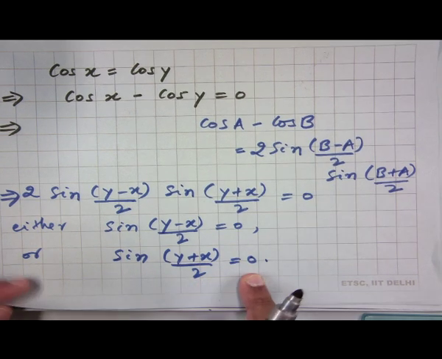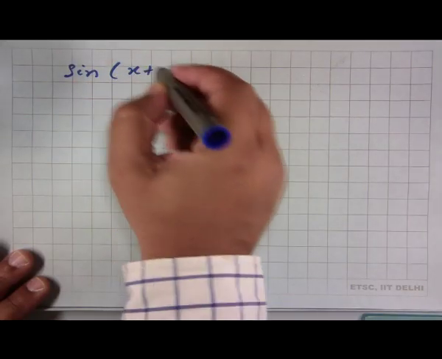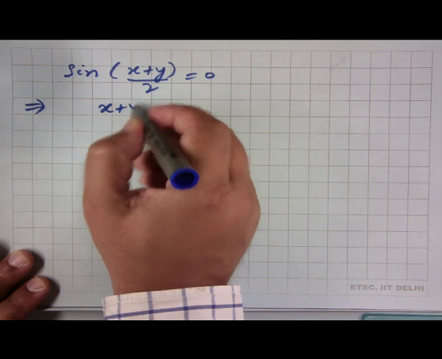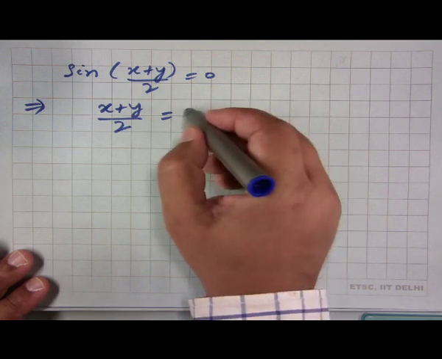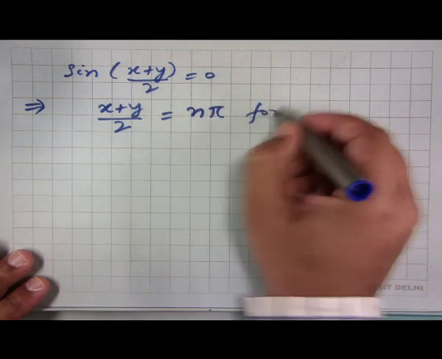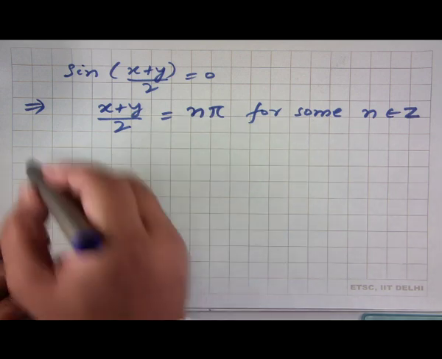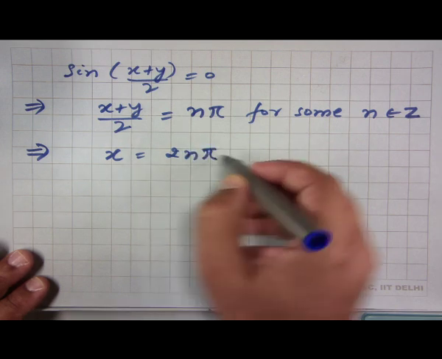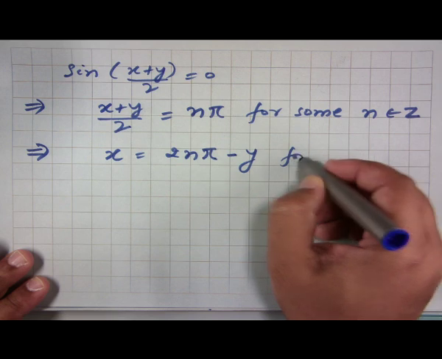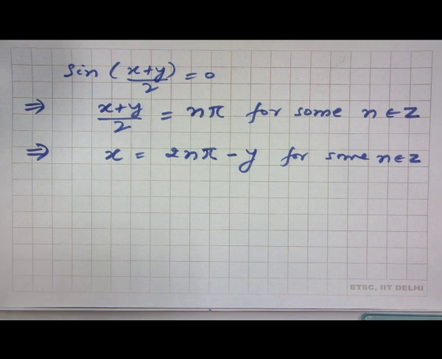sine of (x plus y) over 2 is equal to 0. So, let us examine that also. So, sine of (x plus y) over 2 equal to 0 implies that (x plus y) over 2 is equal to an integer multiple of pi for some integer n, and from here we get that x is equal to 2n pi minus y for some integer n. So, essentially we have shown that